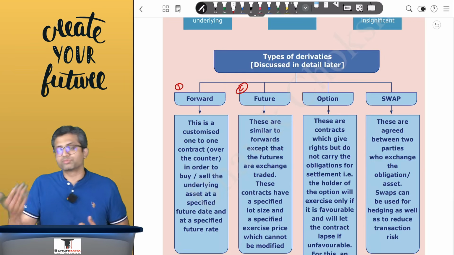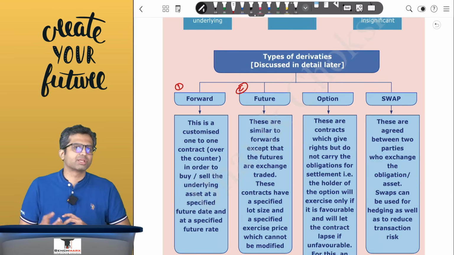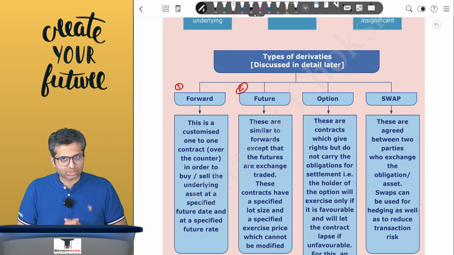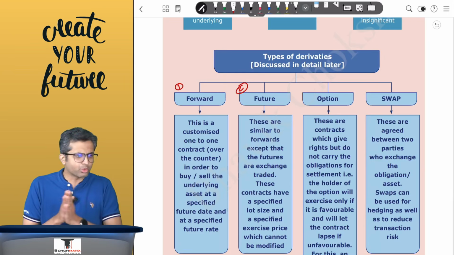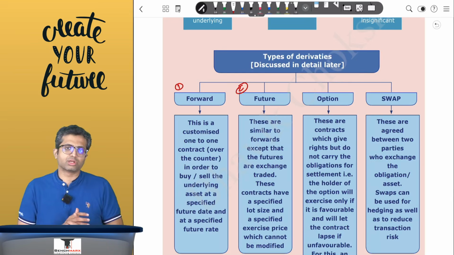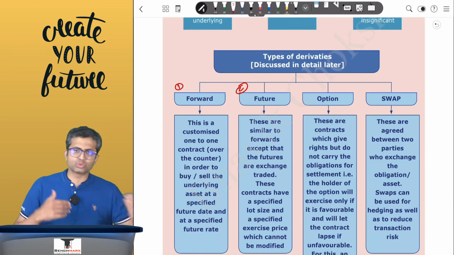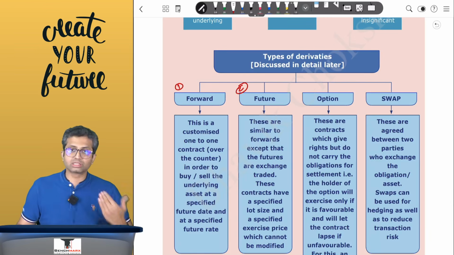Now the advantages of futures are that they are quite liquid. However, you cannot customize the future and you have to stick with the standard future size. Now in case of both forwards and futures, the drawback is that these are two-sided contracts, which means they can give you a gain, they can even make you suffer a loss,